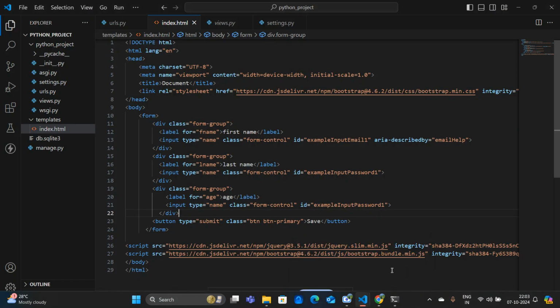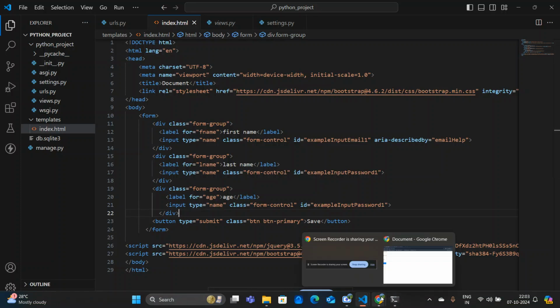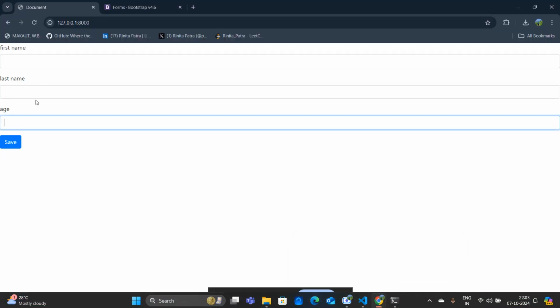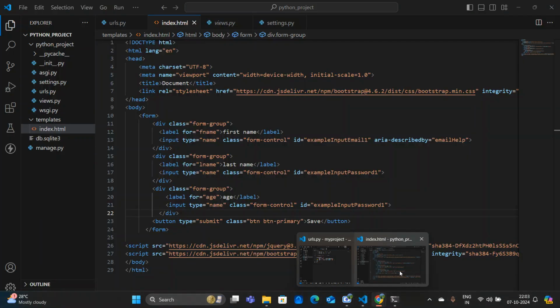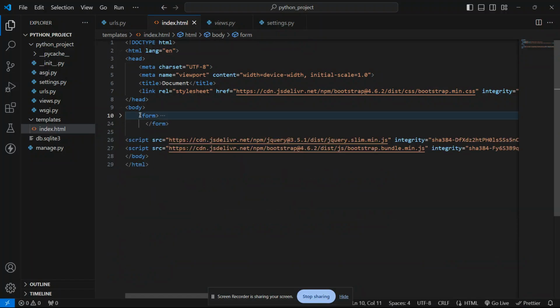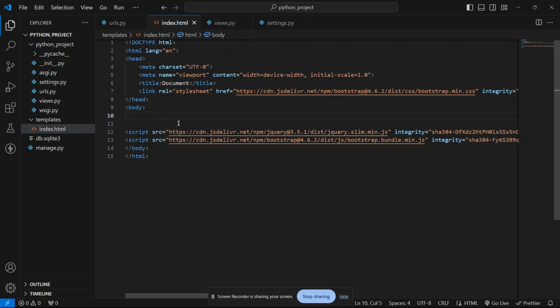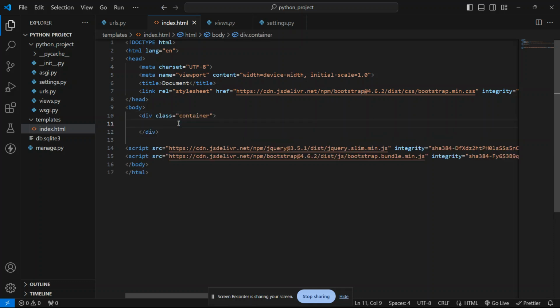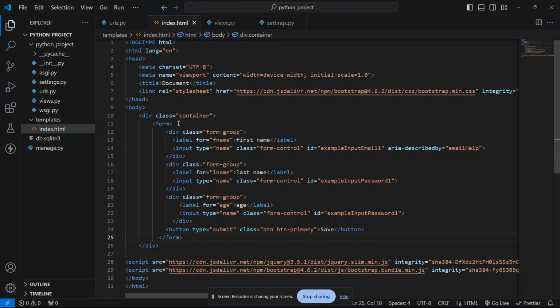So this is not looking so great now. I have to cut it and make a div dot container. I'm making one div and inside that I'm putting this form.